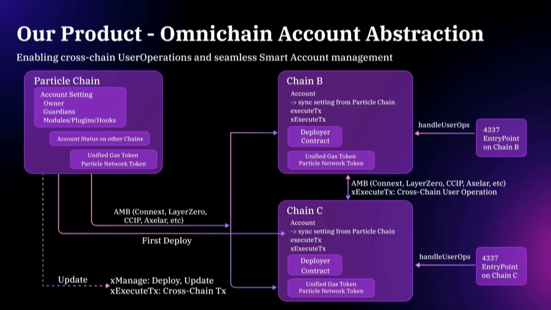So I think I went back, there we go. This is one solution to half of that problem, which is actually the deployment problem, right? Because you have to deploy across every different chain, there's a solution to this, which is omni-chain account abstraction. This gets a little bit complicated, but essentially the goal of omni-chain account abstraction, and what we're building towards and what a few other organizations are building towards, is to allow smart accounts to be defined and deployed in a single location and to be managed across every other chain that they're deployed on.